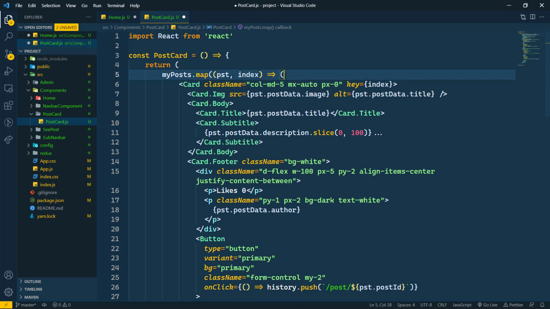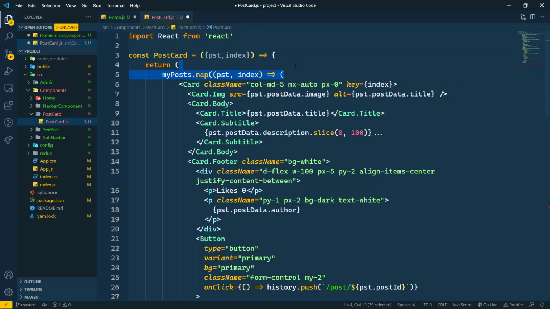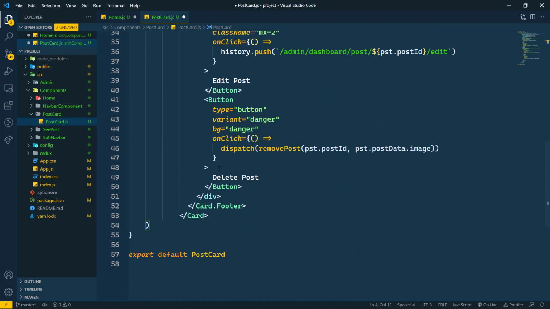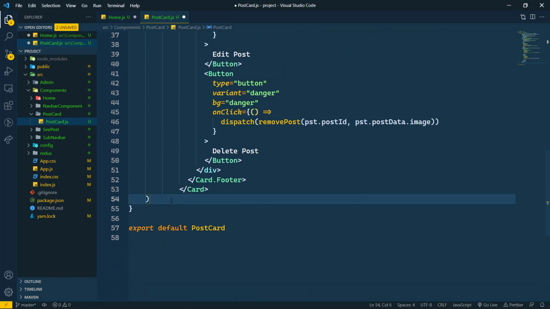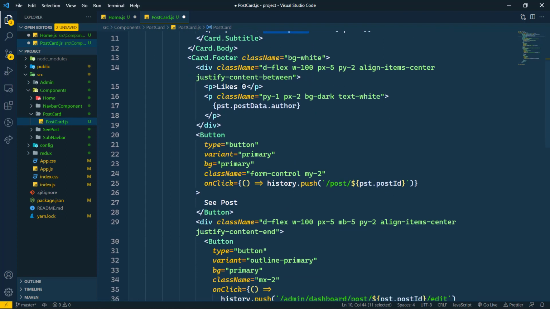Here one thing is there. First of all, there is index. Index we will get as props, and then post we are going to get as props here. So here I'm going to remove this. Yeah, we just have to remove this here. And see, the description we need the same, and for likes I'm going to remove this.